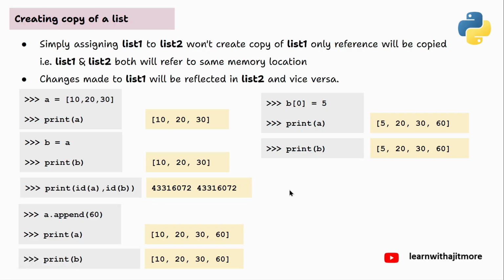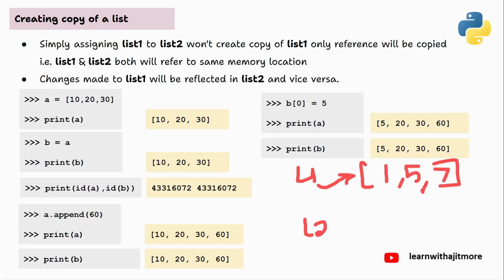And therefore, if you make a change in one list, the change is seen in the other and vice versa. But my intention was not like this. मेरा इंटेंशन ये नहीं था, मुझे चाहिए था कि क्लोन बनना चाहिए, डुप्लीकेट। Understanding? जैसे L1 अपने लिस्ट को रेफर कर रहा है, इनिशियली उसमें जो भी है 1 है, 5 है, 7 है, तो एक डुप्लीकेट क्रिएट होना चाहिए और उसमें भी इनिशियली क्या रहना चाहिए? सेम वैल्यू।